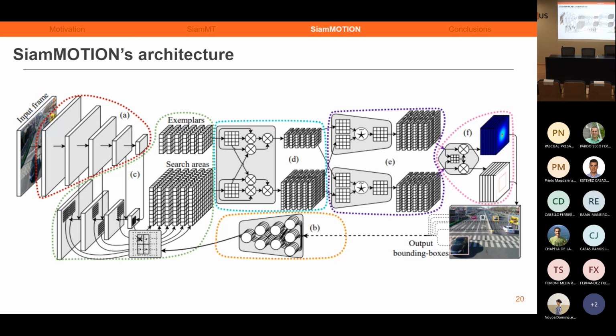However, if you are talking about long-term occlusions, for example, a car that enters a tunnel, the network will not be able to predict that. If we have a scene where a car enters the tunnel, the network will be stuck at the entrance of the tunnel trying to find the object again. It will not be smart enough to know that the object will appear at the exit of the tunnel.